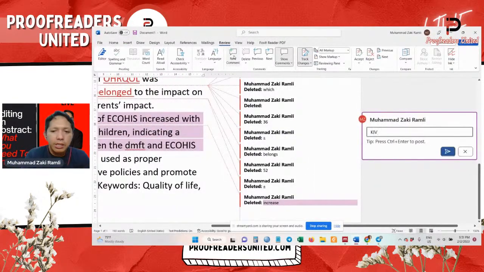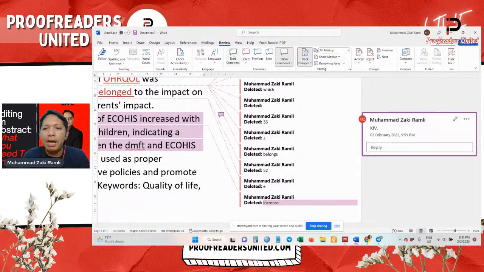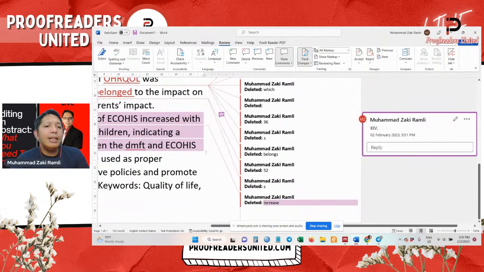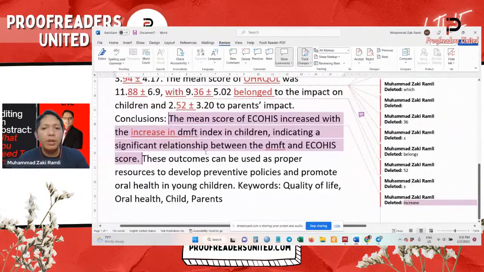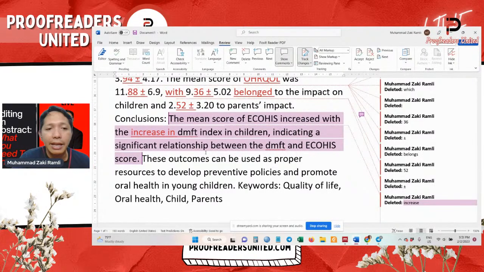Clear IV. So this is my usual practice for parts that I am not really sure about. I'll put a comment and put KIV over there so that I can get back to it after I've got a better idea about the rest of the article. Okay, maybe it was just a matter of me not getting a better idea about the point in the article yet. That's why I'm still confused. That's why reading the whole sentence or the whole text is best before we can decide what can be done for the